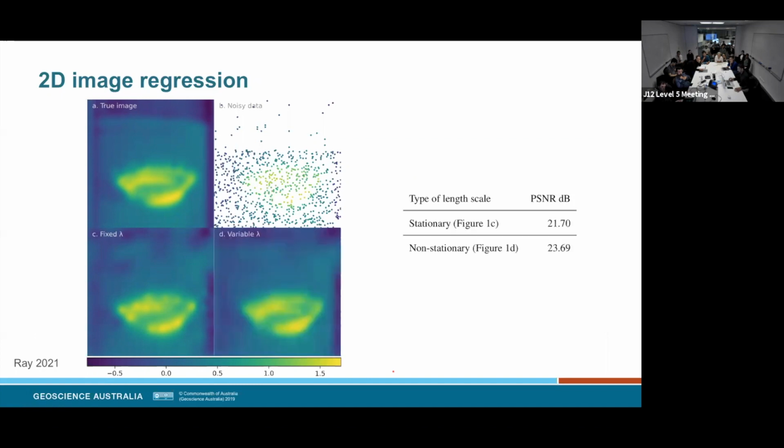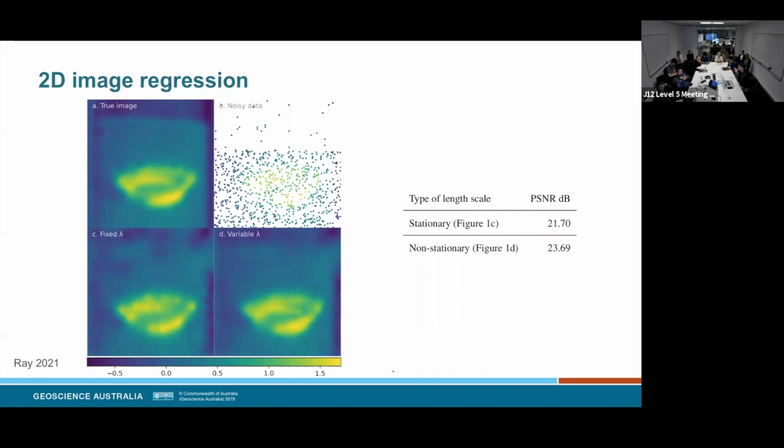But if you used a non-stationary kernel as well, so you used the recursive method that I just told you about, then you can calculate the, what is this again? The PSNR, the peak signal-to-noise ratio. It's the fidelity of your compression, essentially. Higher values are better.